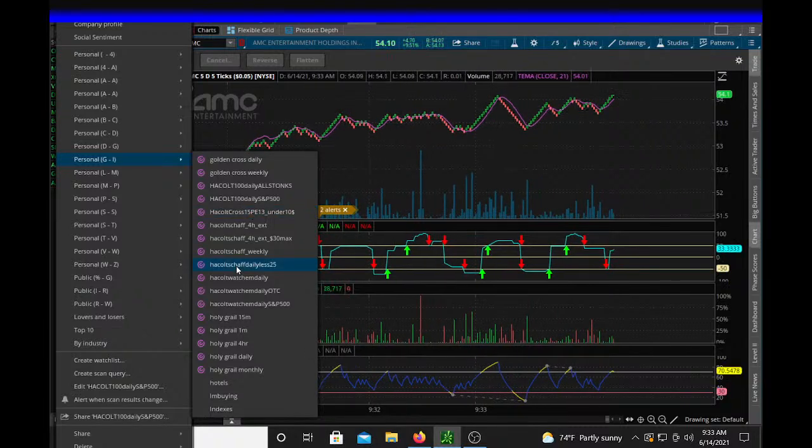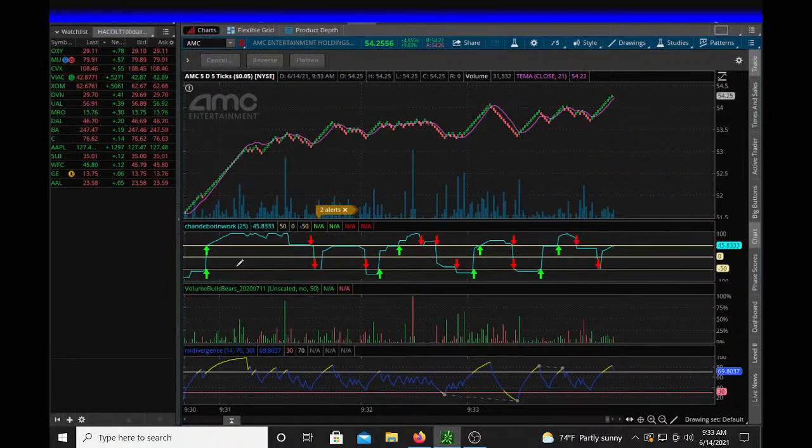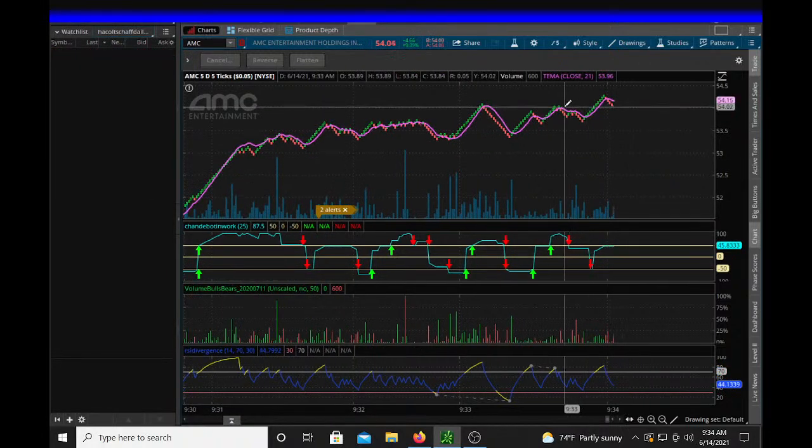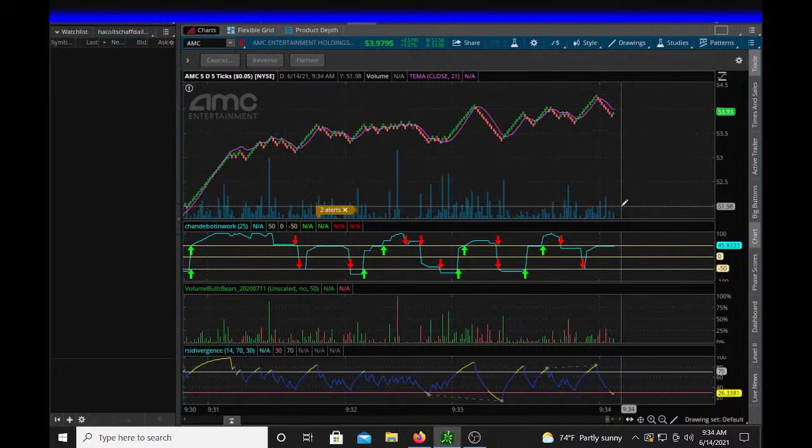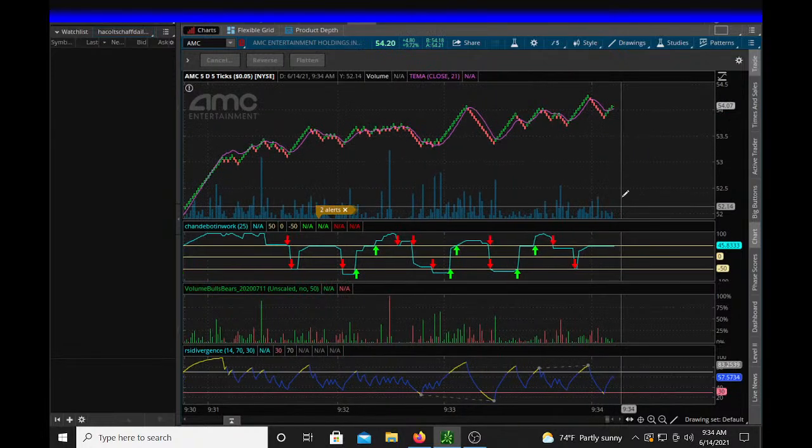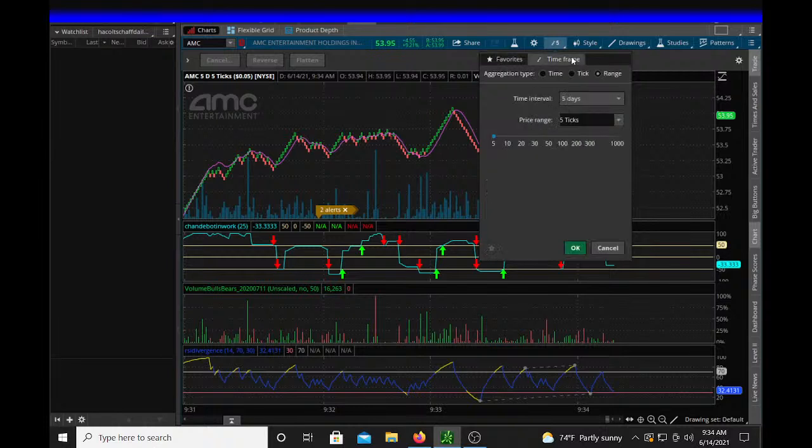Let's do HA Colt, shaft, daily. Yep, breakout to that high side. See where this was the flat side? You got that breakout. Boom. All right. Now, of course, if you're trying to keep along with the, say, active trader,